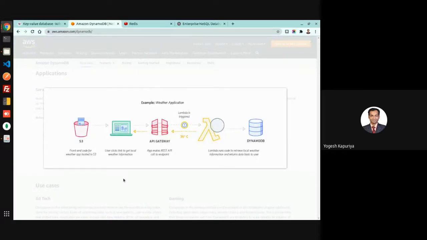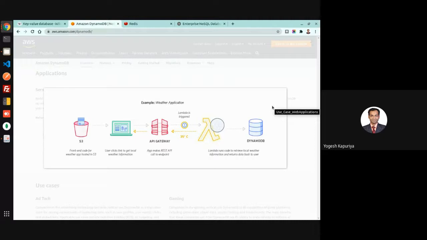For example, let's say we have a weather application. It's a simple application where a user will request the weather information. So this is how you can build an application using the technologies of AWS, which has DynamoDB as a database.